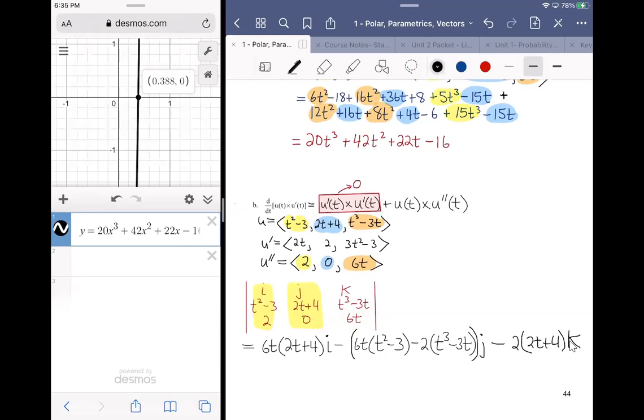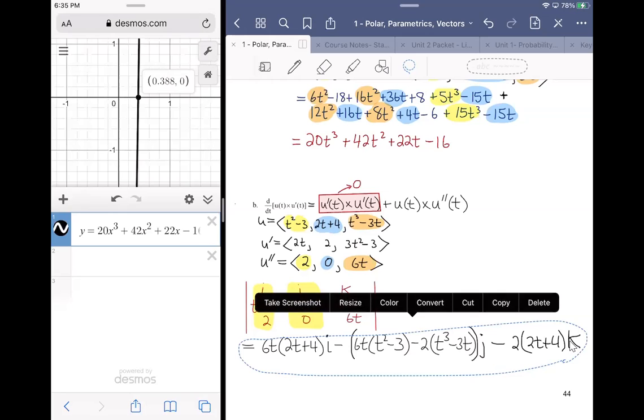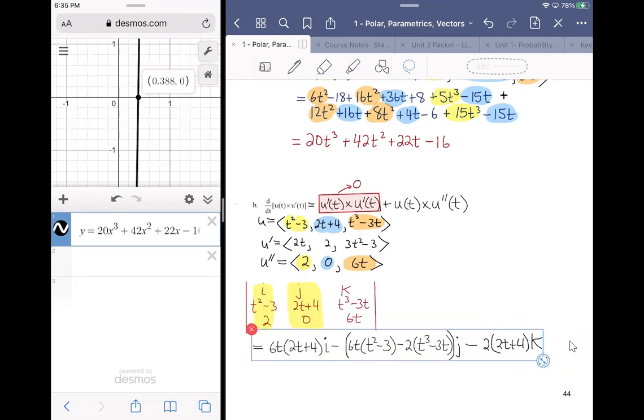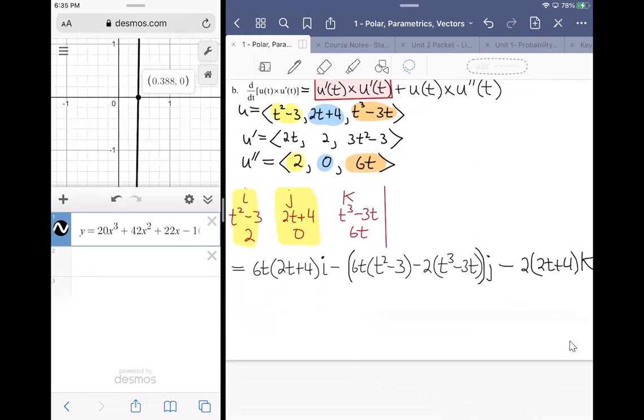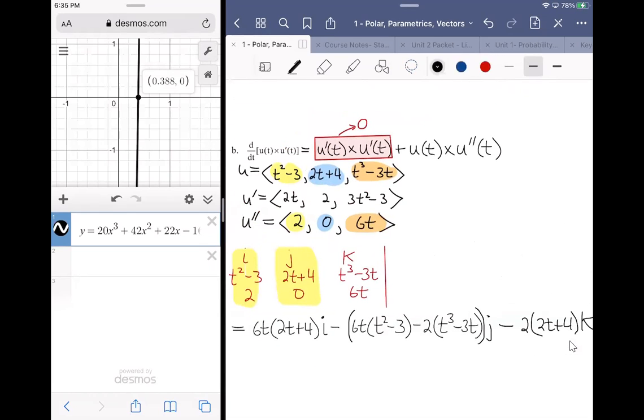And then, you know, the housekeeping part comes into play. Resize. Doesn't make it look any nicer. And the housekeeping is really just with the hope that maybe we'll get something that looks a little simpler. But for the first and last terms of it, we're really not going to get anything simpler. So you can leave those as is. 6t. Actually, we can even go the other way and pull out a 2. So 12t, t plus 2, I,